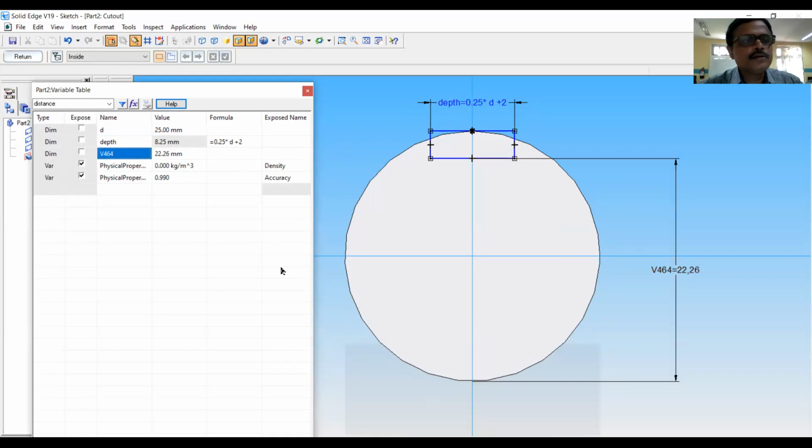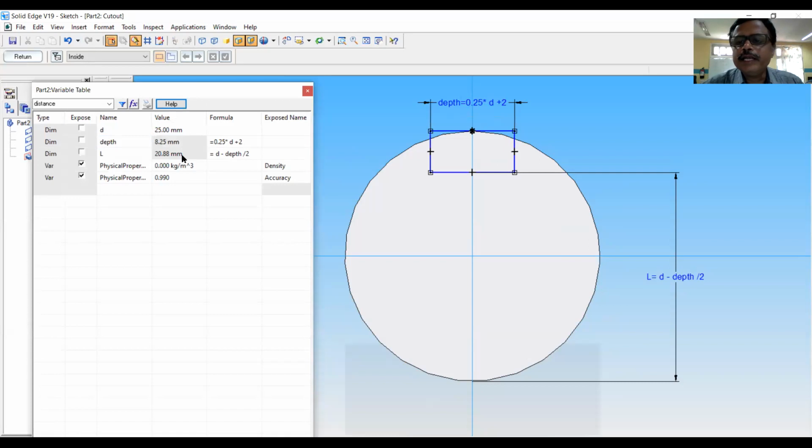Next, this length, that I will name it as capital L, and the equation will be small d minus depth divided by 2.